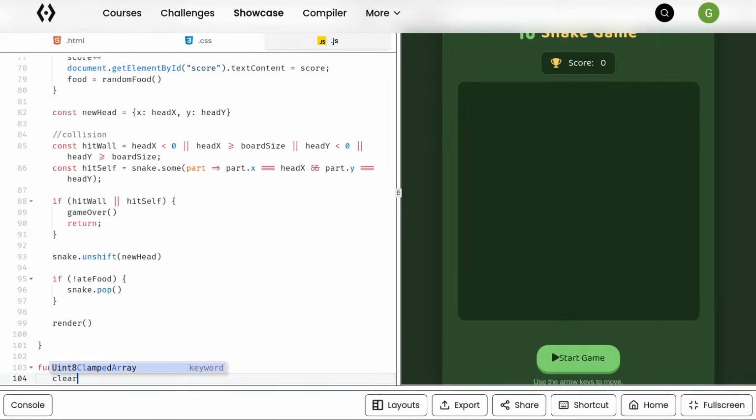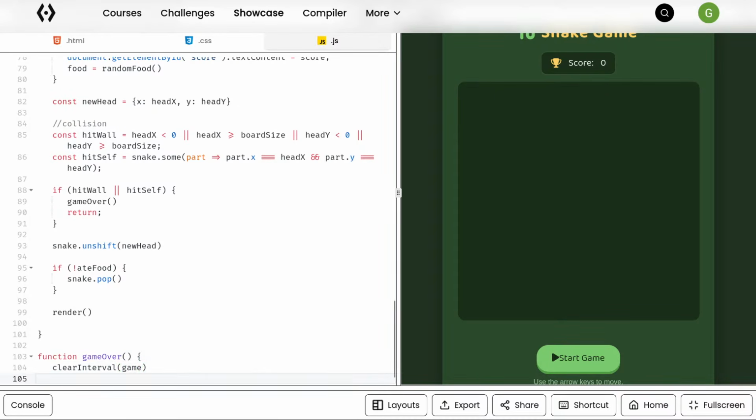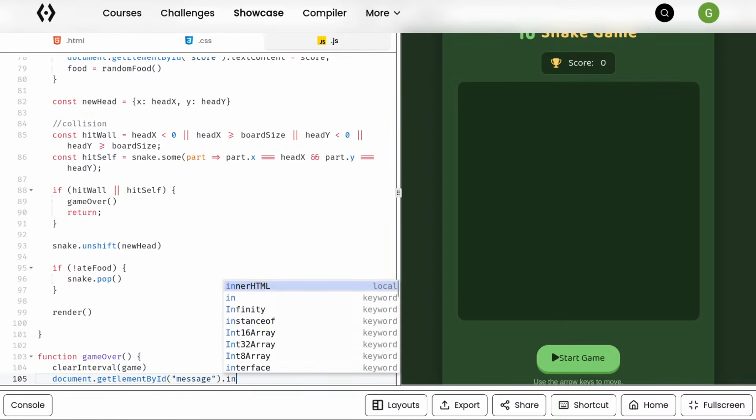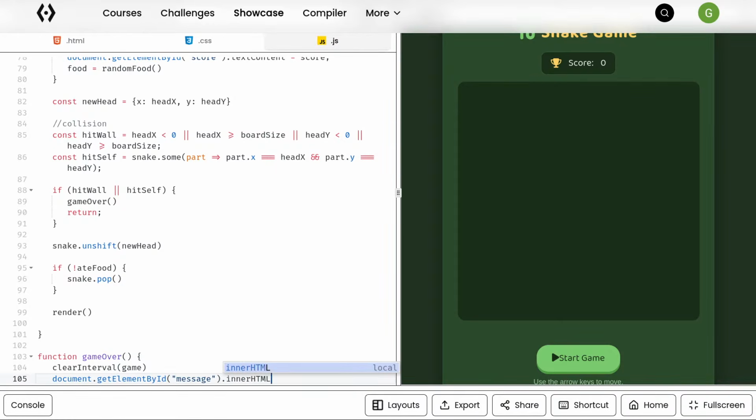We'll do clear game interval. Clear interval. We'll do document dot get element by ID, and we'll get the message. We'll get the message DOM, and we'll put the inner HTML to be